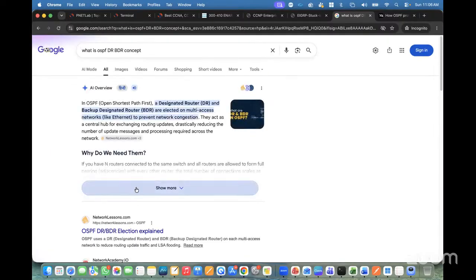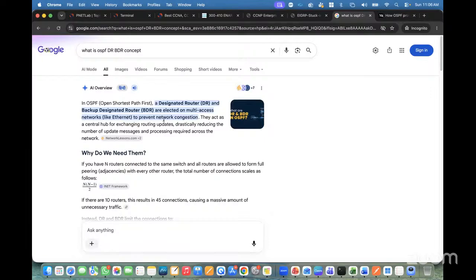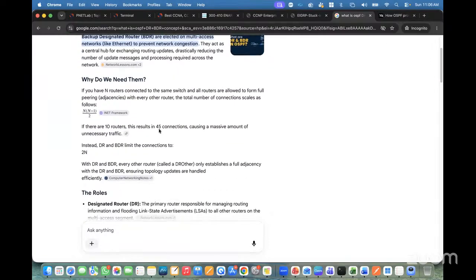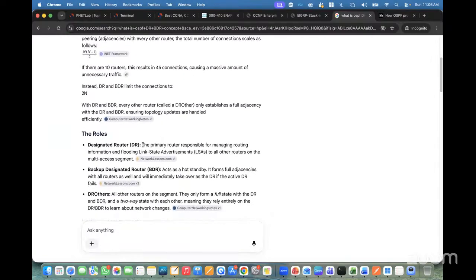So: designated router, backup designated router, on a multi-access network. Again, they are giving the same. The primary router is responsible for managing the routing information and flooding the link LSAs. Any multi-access network means an Ethernet network. You are going to get the DR router, which is responsible for flooding the LSA information. Everyone is going to give the LSA information, and he is responsible for further giving the LSA information